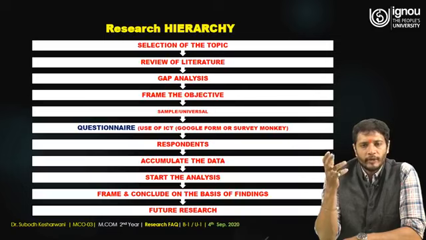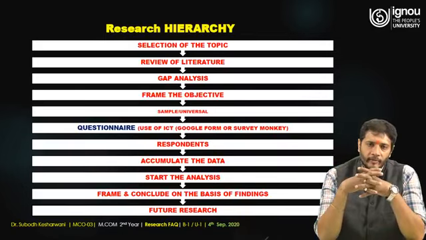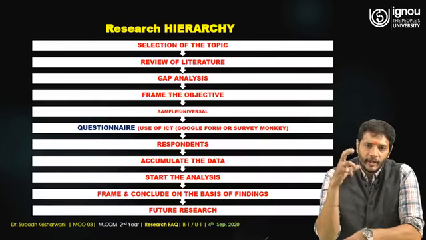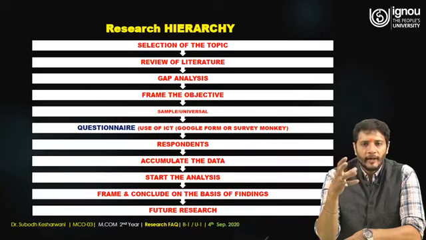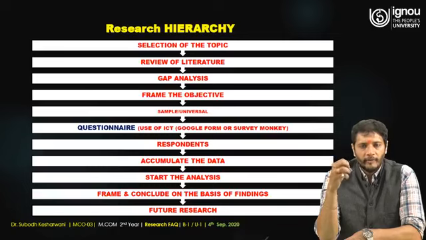So what I mean to say is that we started with the literature, which is a backbone. Then from that literature we narrow down, and based on our opinion, based on our thoughts, or the choosing of topic, we have explored certain gaps. Then gaps have given the objectives. From that we have certain sample and universals, and then we have created the Google Form or SurveyMonkey from there. And with the help of that, the respondents reciprocate, and finally what happened, we get the data, which is the first-hand data.